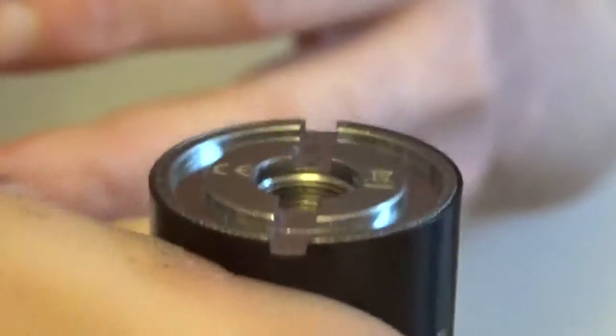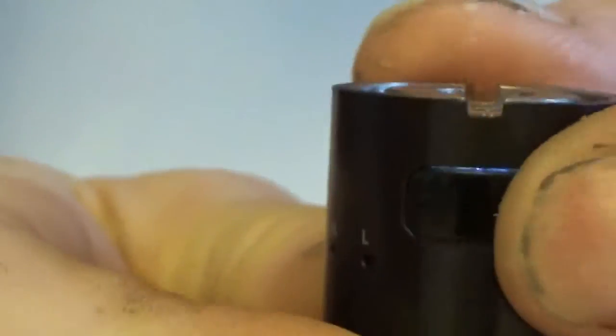Only problem I've got with the unit itself is within the fire button, just about see it there, there is a light that's supposed to appear. Just about see it behind there. And that's supposed to tell you the state of charge of your battery when it requires charging. As you can see,